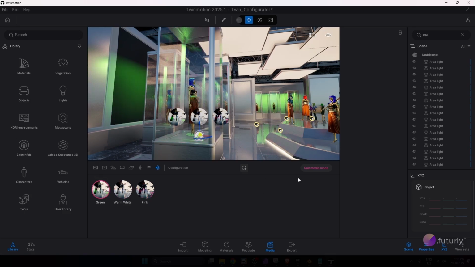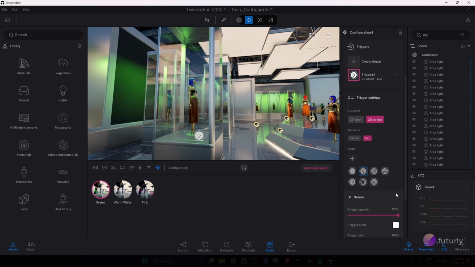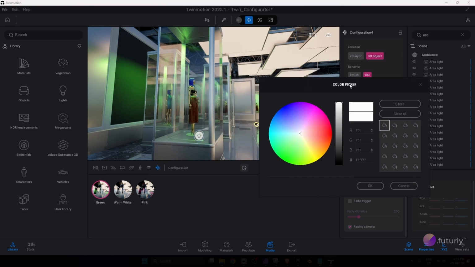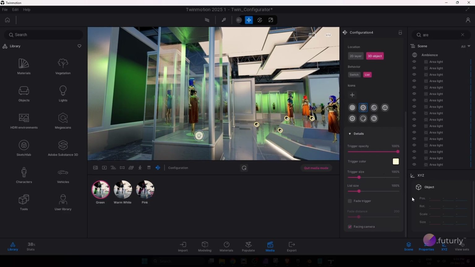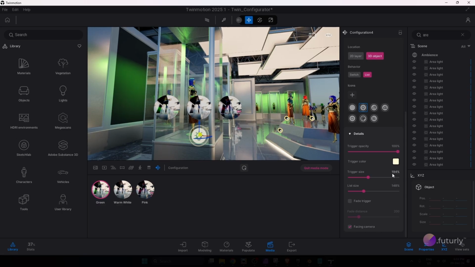So how do we do that? When we go into this panel below, let's scroll all the way down, and we have the details panel. And here we can change the trigger color. We can give it a specific color for the light. I'm just going to keep it as is, and I can increase the trigger size, and I can also change the list size, but that's probably too much. We can also keep this at 100%,